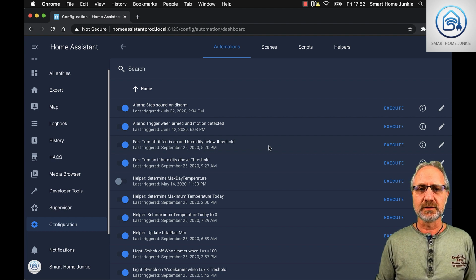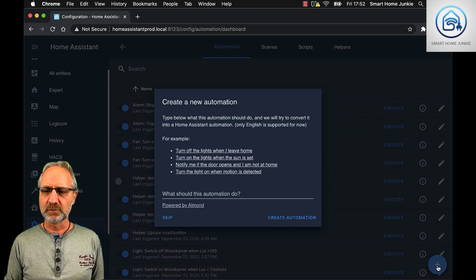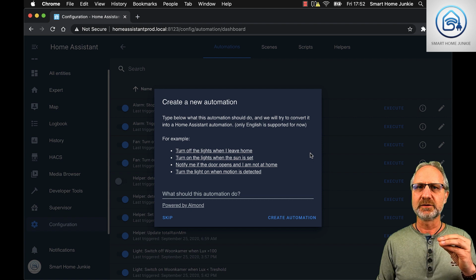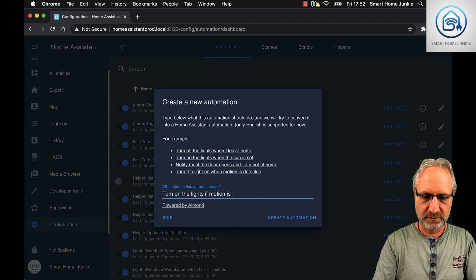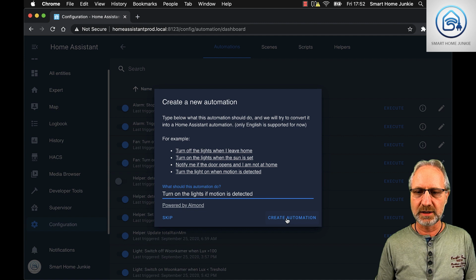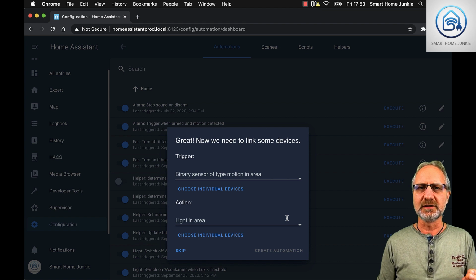So if you want to create an automation, you can click on the plus on the right lower corner, and then you have two options. You can create an automation from scratch, or you can let Home Assistant determine itself how an automation should work based on what you want. For instance, here are some examples. You can also type in the text, and you can say turn on the lights if motion is detected, and then I say create automation,